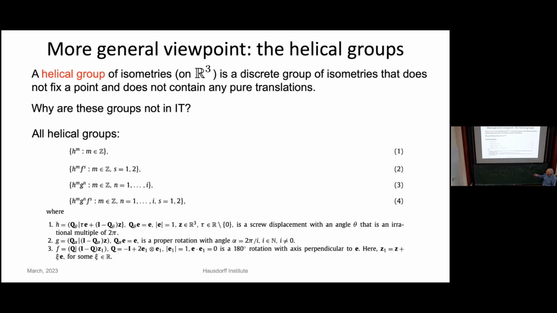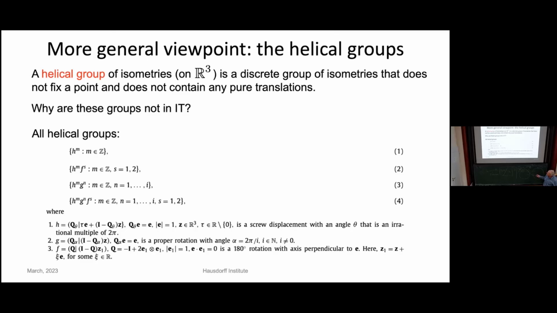G is a pure rotation. And so it's just a pure rotation with angle 2 pi over an integer. And F is a 180-degree rotation with axis perpendicular to E. And then all the helical groups fall into one of these categories. One is just powers of the screw transformation. Another is powers of the screw transformation with this thing whose 180-degree rotation. And this one,